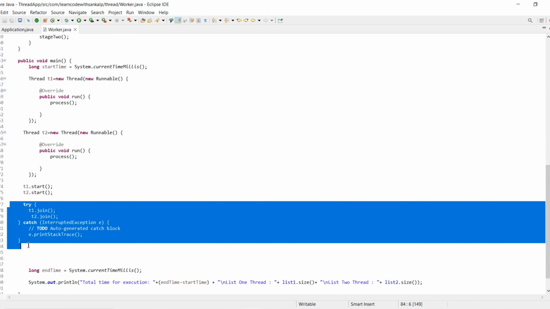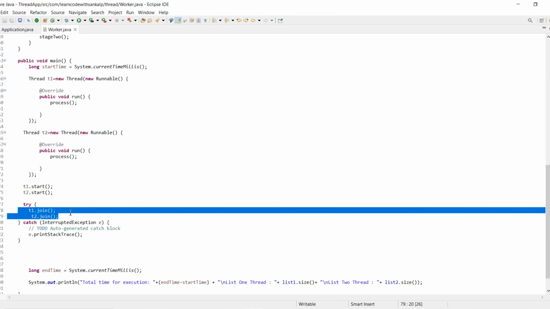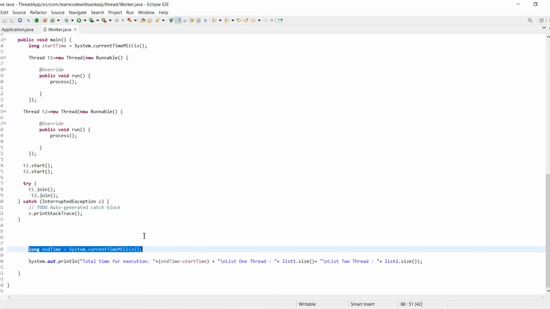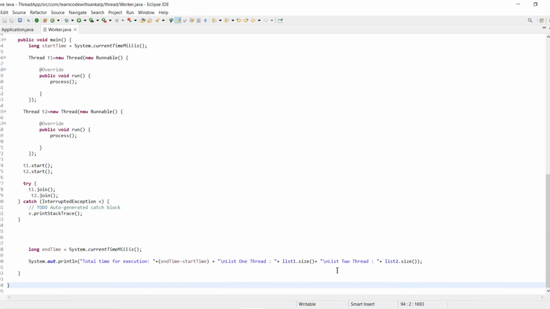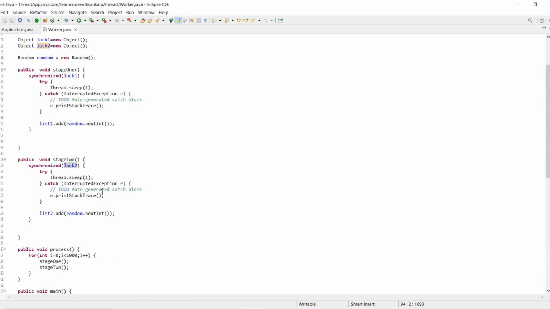One thread will be running, then another thread would interrupt that thread, so we use the join method for that. And here the logic is simple: we use start and end of the thread, and we calculate the time like that. This is the logic in our code.